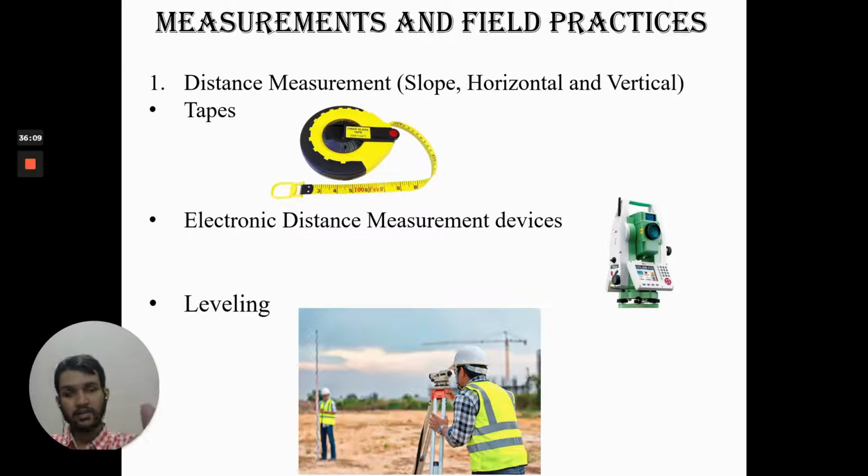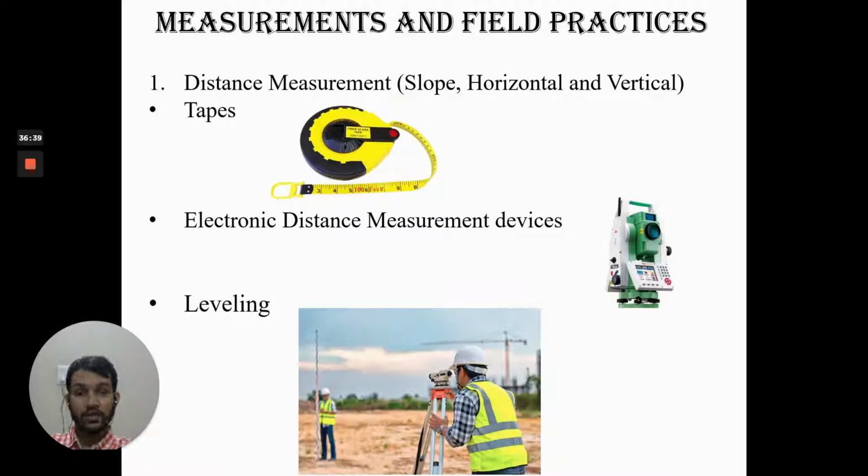If a certain distance is known to us, not between those 2 points, but from the line of sight to any particular point, and the angles are known to us, then using trigonometric analysis it can even calculate the distances between those 2 points that are located further apart from us, or from our point to that point. The distance can be easily calculated using these electronic distance measuring devices. So these are also very helpful.